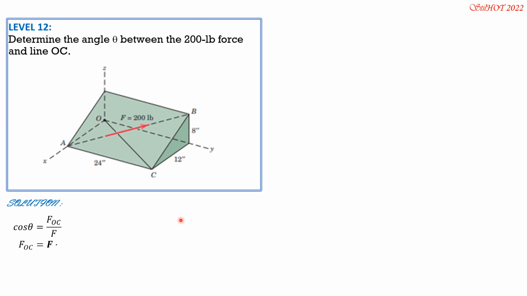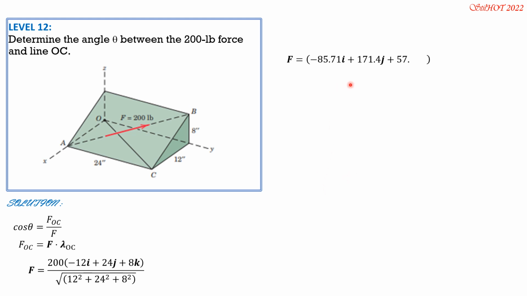So F_OC is F dot lambda of OC, where F is (200)(-12i + 24j + 8k) over the square root of, you square this, 12² + 24² + 8². So in decimal, F is -85.71i + 171.4j + 57.14k pounds. Then the unit vector of OC is just